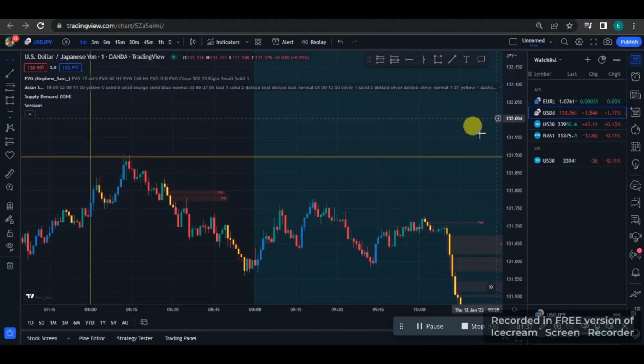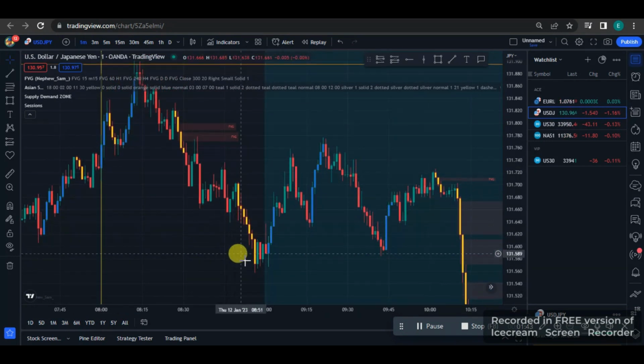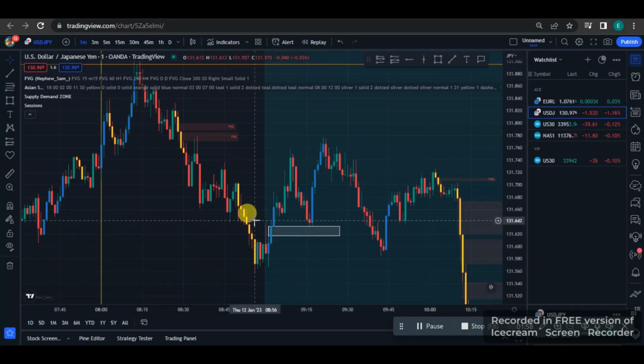So as you can see, this is the London session here, and clearly price gave us this demand zone. This is a demand zone right here. So all you have to do, simple, just find this demand zone, look for the FVG that formed during this move to the upside. And once you spot the FVG zone, all you have to do is take note of it, wait